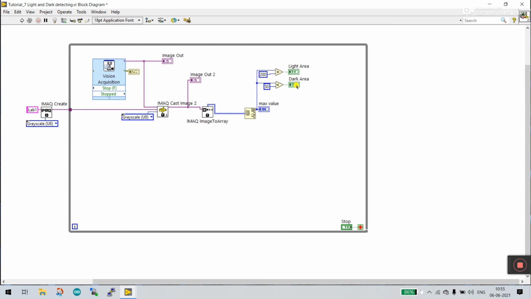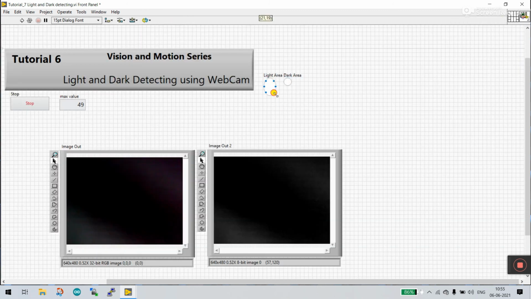Now let's increase the size. This is the light area, and this one is your dark area. All done.